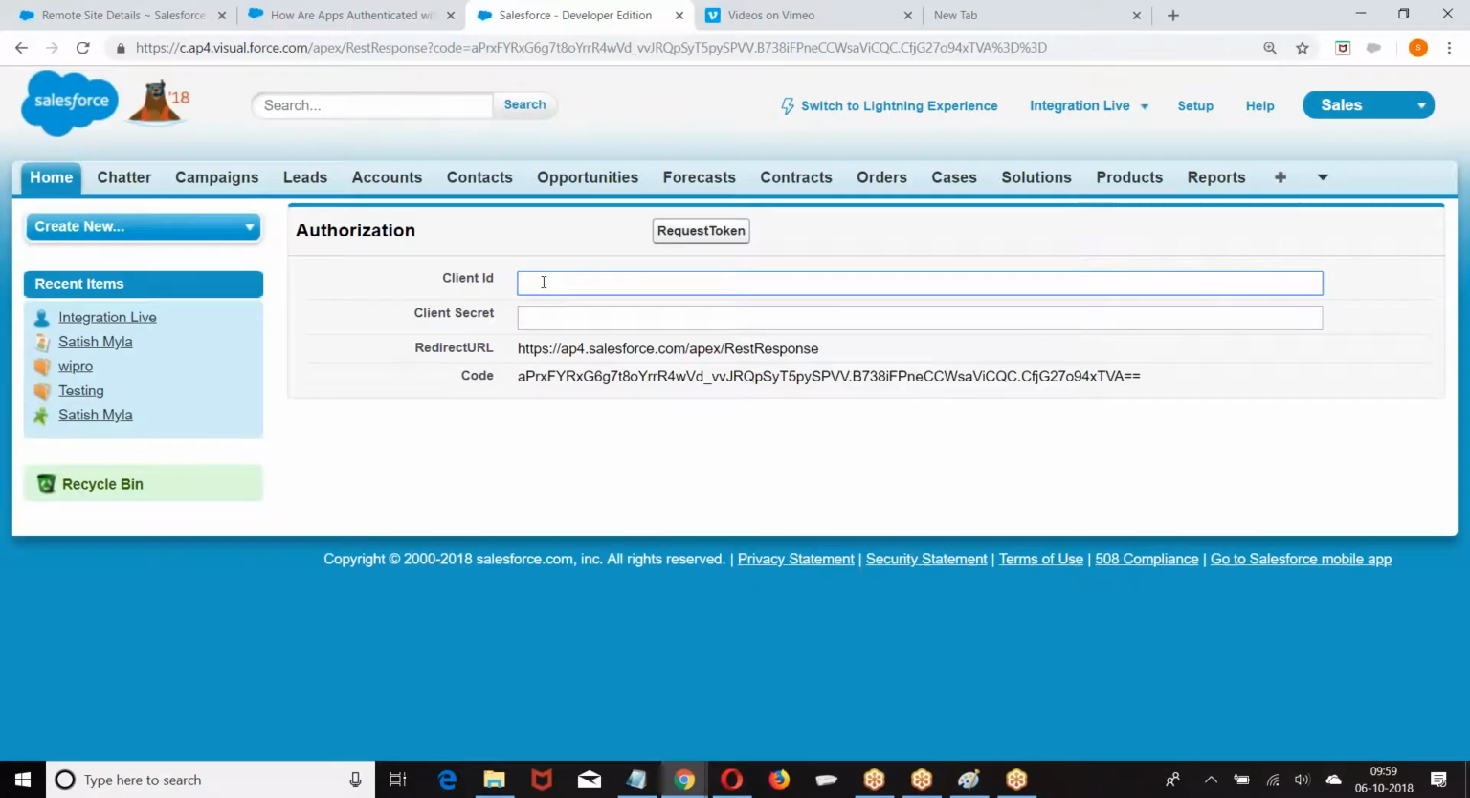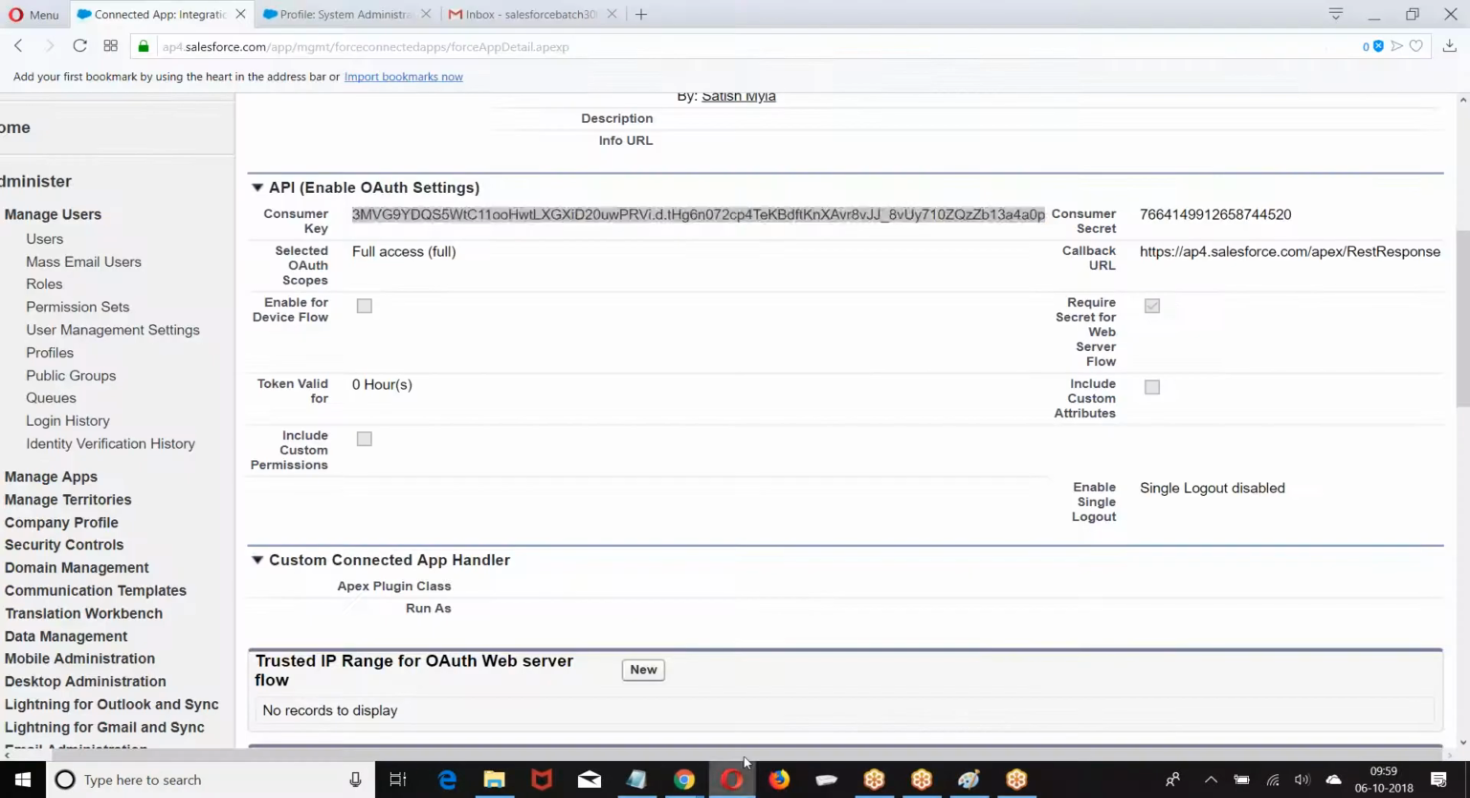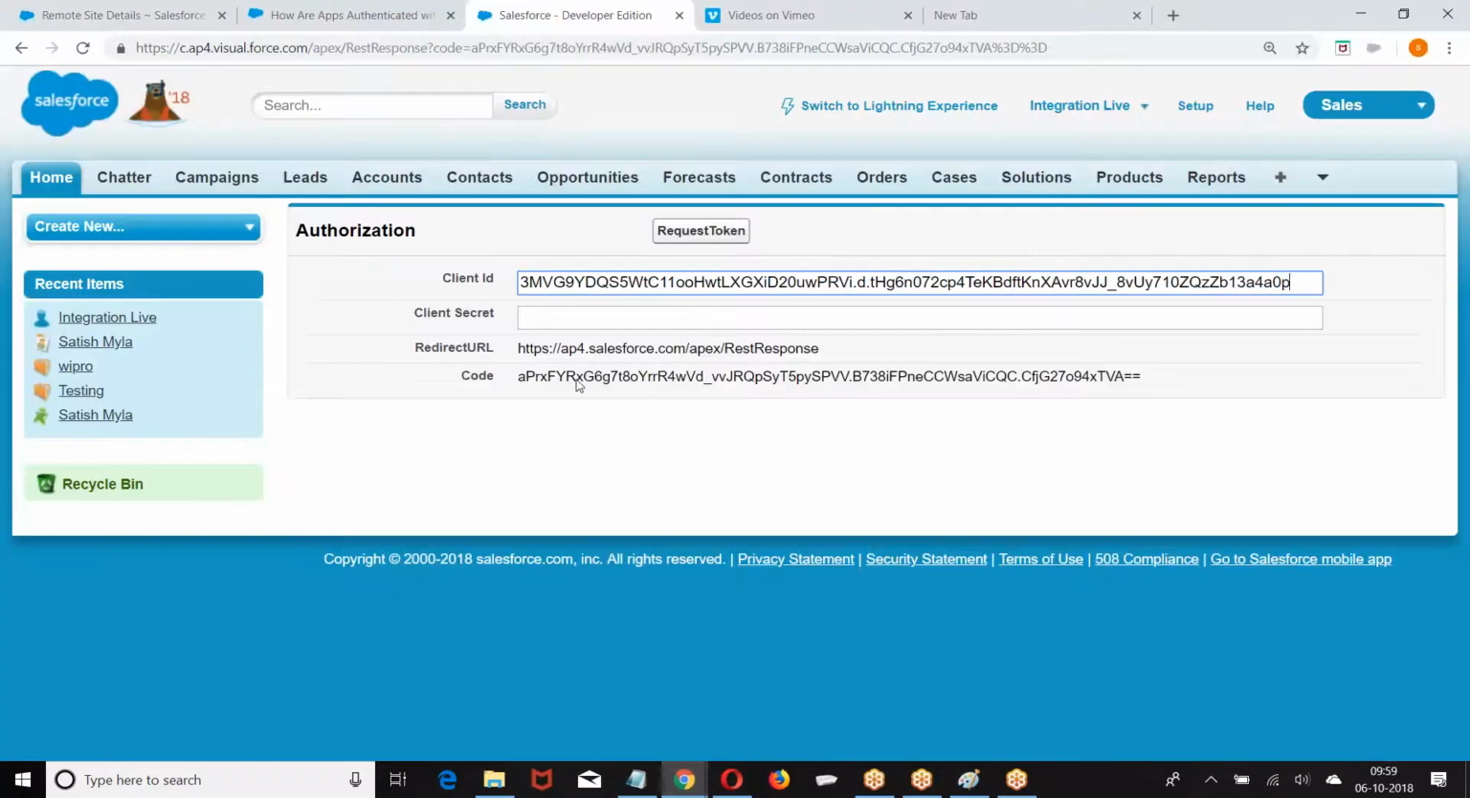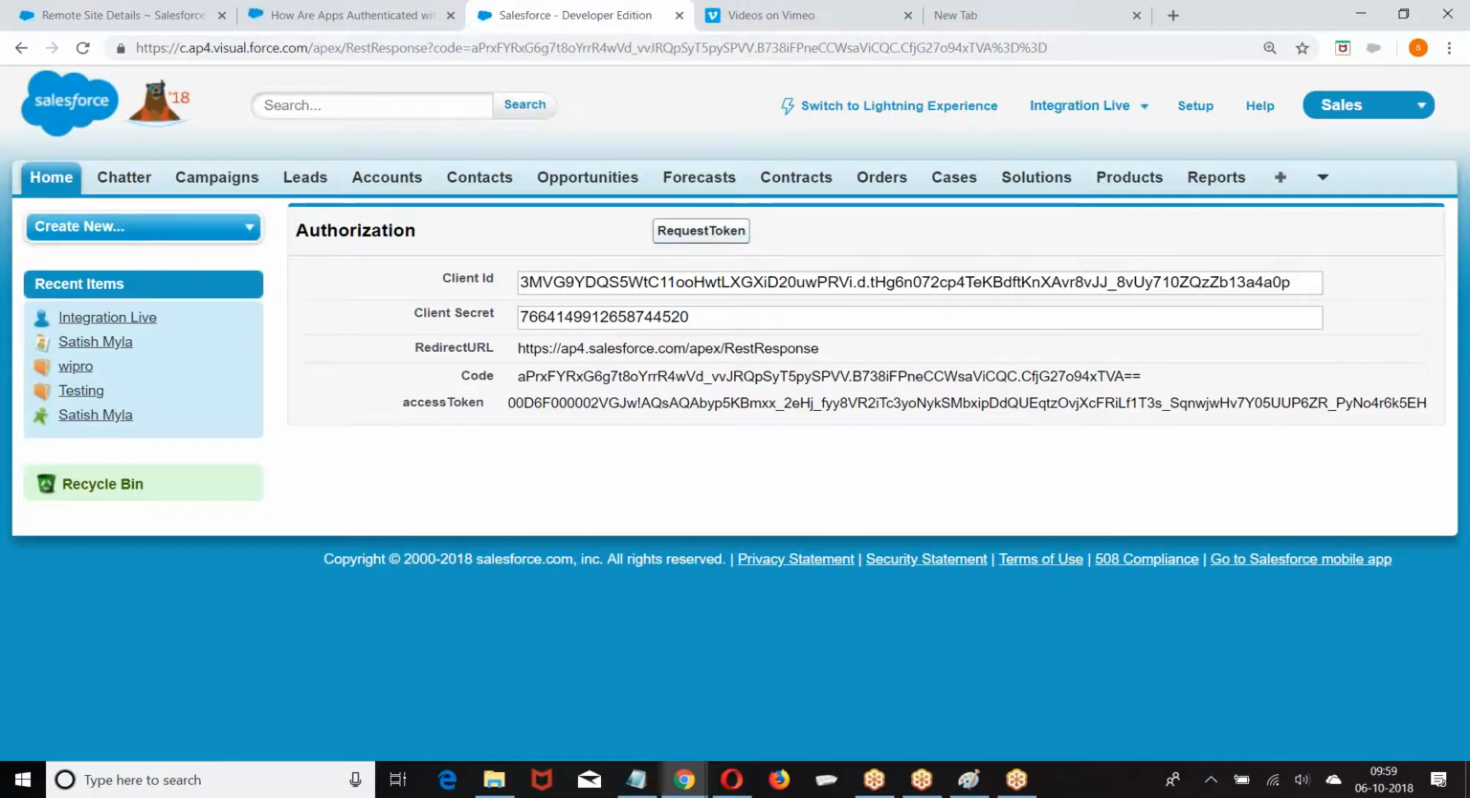Request the code. It is going to this page. This page, client ID, client secret, redirect URL, and code. If you pass all the 4 parameters, we are going to get the access token. Once you got the access token, then we can make a request to the resource by setting the header authorization with